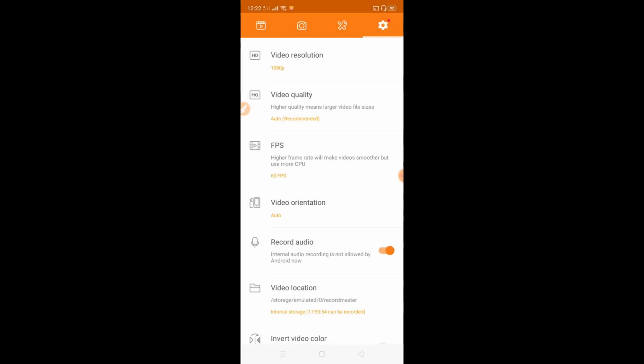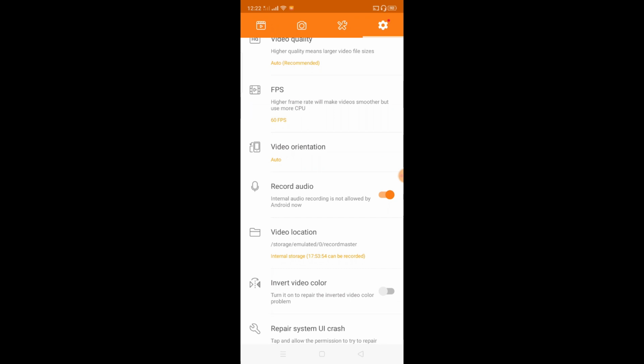As you go down, you will get some bizarre option over here. As you can see, record audio. You might be thinking what is bizarre in record audio. If you disable this option, you can record internal audio without any extra device. So if you are a gamer, you can easily choose this option. You will simply disable it and you will be able to record internal audio. But now I am using my microphone, so I have enabled it. According to your situation, you can enable and disable it.